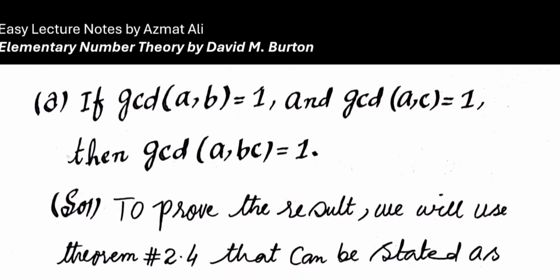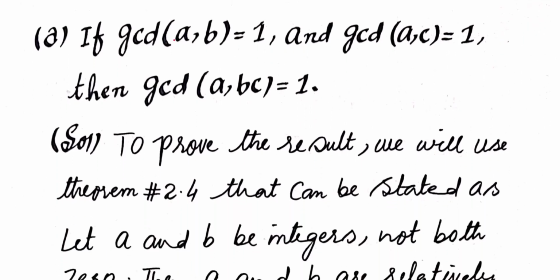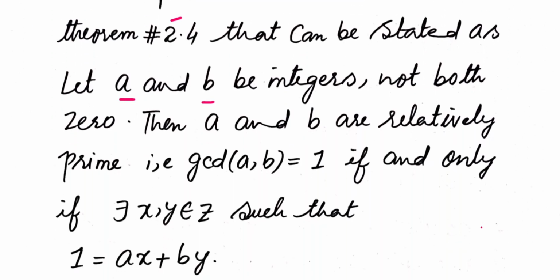The first part of this question says, if GCD of A and B is equal to 1 and GCD of A and C is also equal to 1, then show that the GCD of A and BC is equal to 1. Throughout this question, I will use theorem 2.4 that can be stated as: let A and B be integers, not both 0. Then A and B are relatively prime, that is their GCD is equal to 1, if and only if there exist integers x, y such that